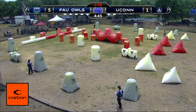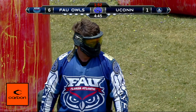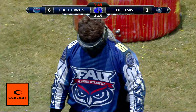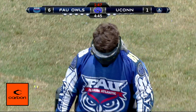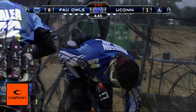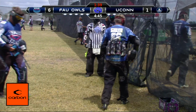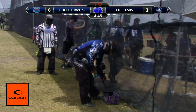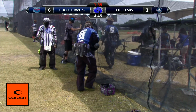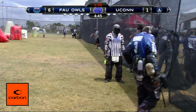Ryan in the center for FAU, he got up to that center 50. So nonchalant and casual in there. He had his gun just completely down by his side. Comes over, head checks on the D side, puts his gun up, and then he puts his gun. It looks like he was walking from his bedroom to his bathroom. All just slow, no hurry whatsoever. Comes, head checks on the D side, and then they concede the point. It's so casual out there right now for FAU, but that's just how dominant they've been here,